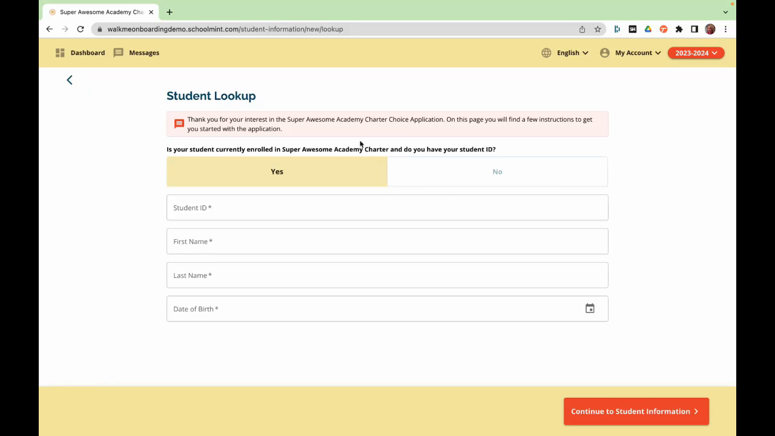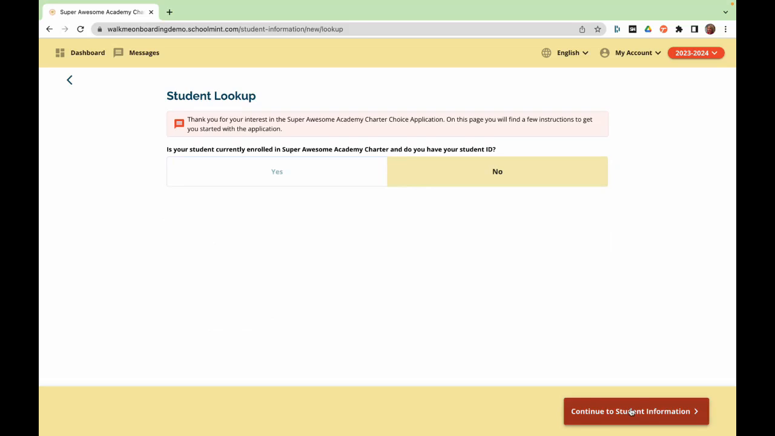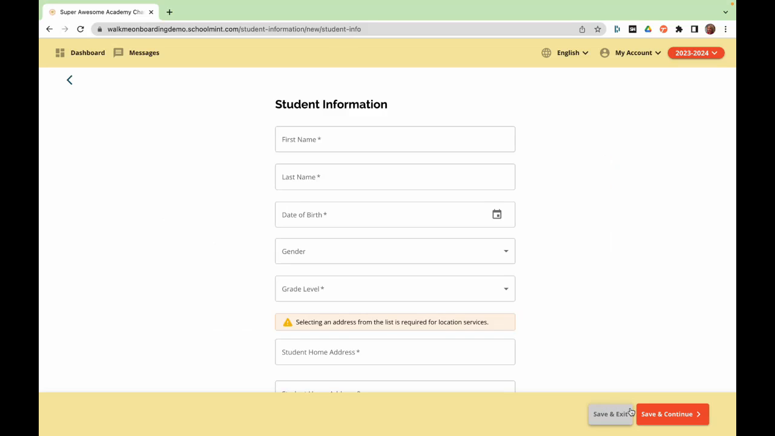application. So this is the student lookup screen. If their student currently attends Super Awesome Academy Charter, then they would enter student ID, first name, last name, date of birth to match that student record, or they will choose no to enter as a new student. In the student information screen,